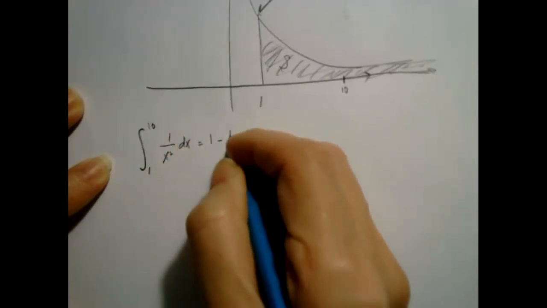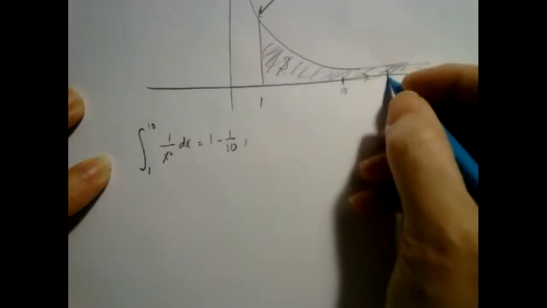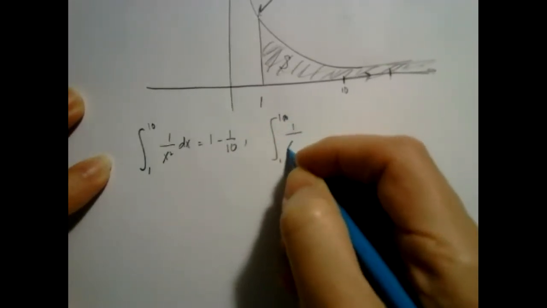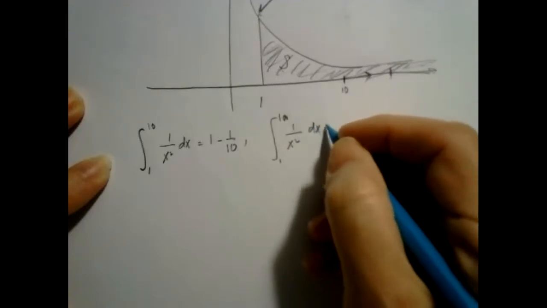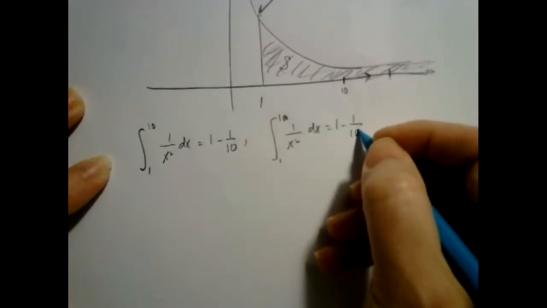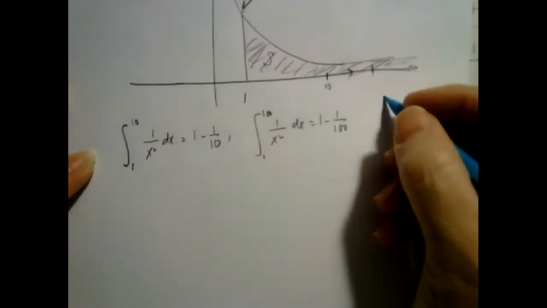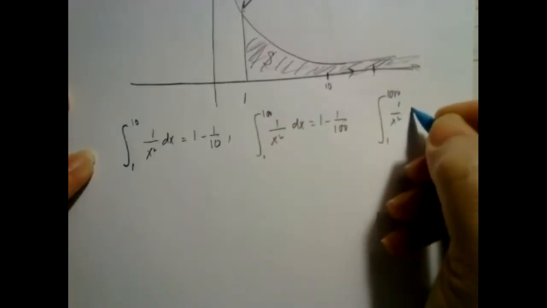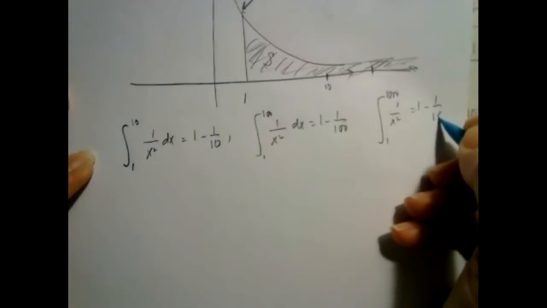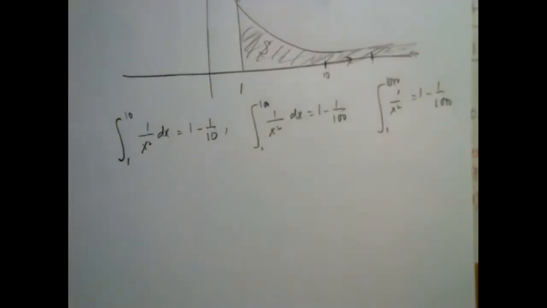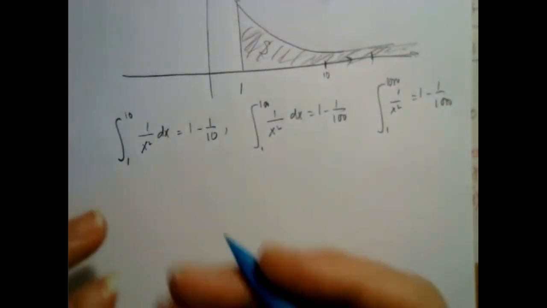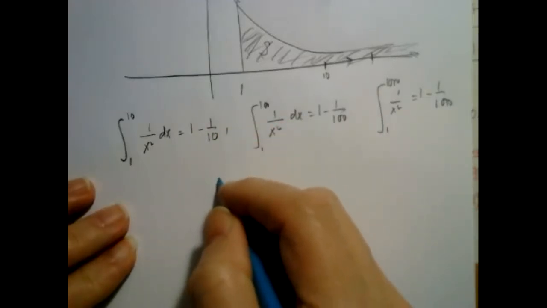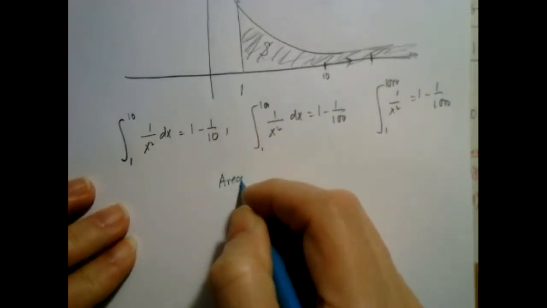And then we got it by antiderivative. And then we did it up to 100. So we did the same thing all over again. Antiderivative, we got 1 minus 1 over 100. And then we did it again up to 8,000. And we got 1 minus 1 over 8,000. And then we agreed, we can keep going forever, but the answer is getting closer and closer to 1. So we say, okay, the area of S